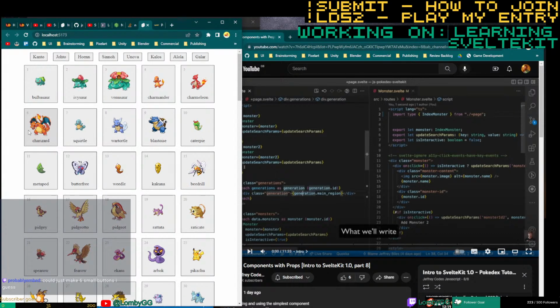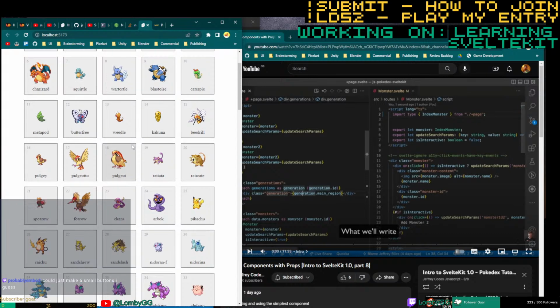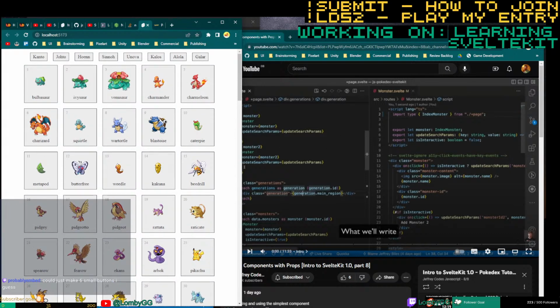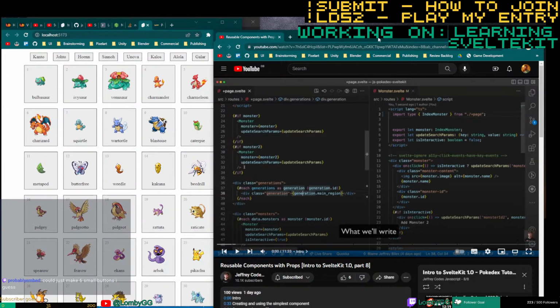You could make 6 small buttons. But I'd imagine what you want is something that is basically tracking the first 6 that you click on, and you have an option to remove from your team with an X that just removes one of them out of the list. And then you have an option to add in another one, which will add at the end of the list. Which I think is the same as doing the push and pop on an array. But this next one, I'm probably not going to do that function that they've just did, because in Svelte,